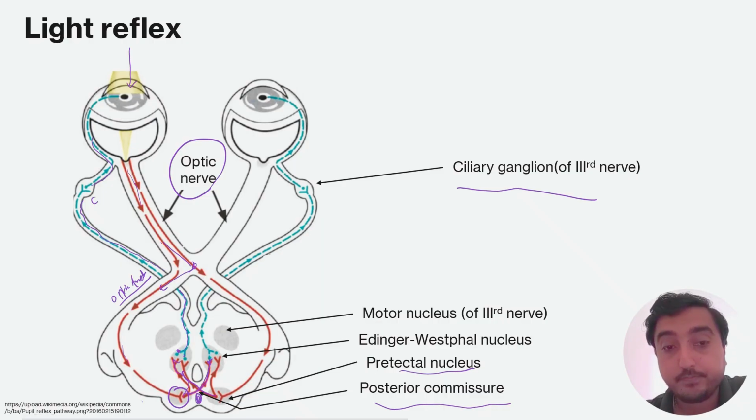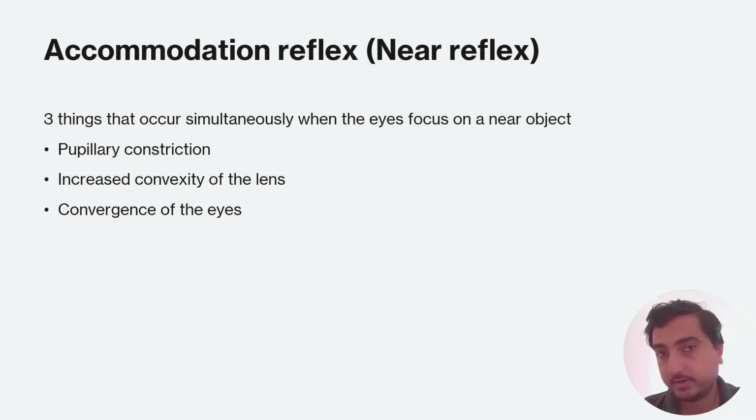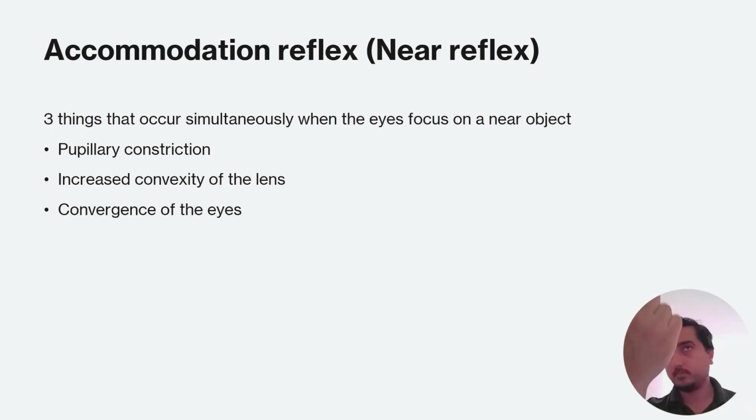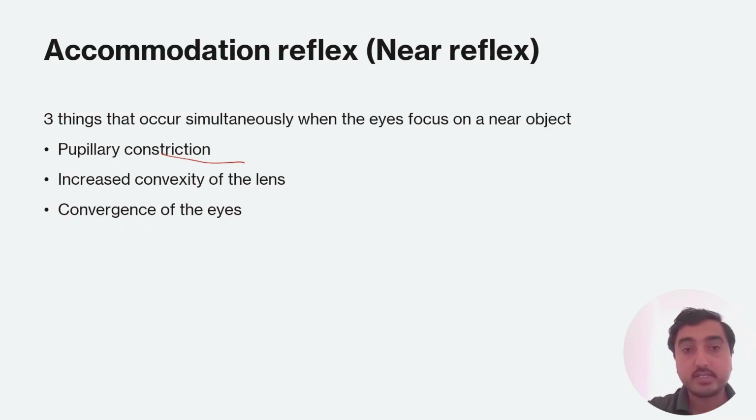All right. Now, what is the accommodation reflex? It is also called the near reflex. So whenever some object is approaching from distant to our near side, three things occur at the same time. The three things are: the pupil will constrict, there will be increased convexity of the lens, like if